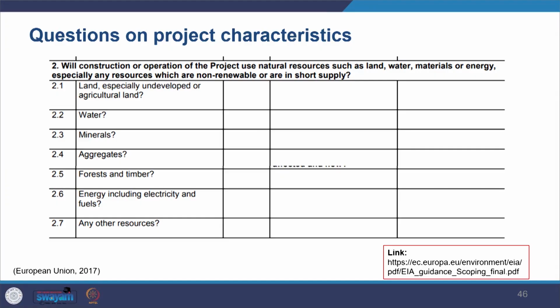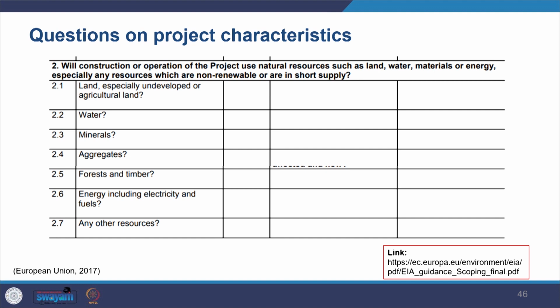So there's another example which we see here. I have taken it from EU guidance on environmental impact assessment. So you can see, like I said, rarely is it segregated as a separate section. It's very much inbuilt. So I've snipped a checklist from the EU document, which within itself allows you to see how during the scoping stage you can undertake the resource